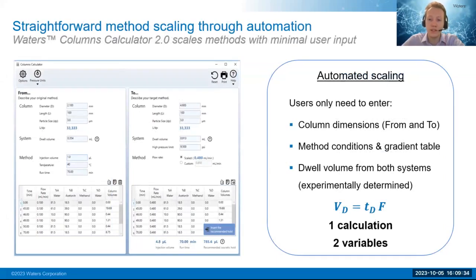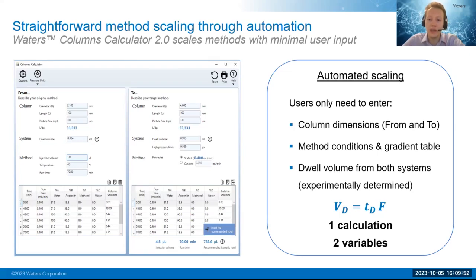To address these concerns, we've automated the scaling process through the Columns Calculator version 2.0, which is available to download on our Waters website. And it also comes as part of the Empower or MassLynx CDS software.